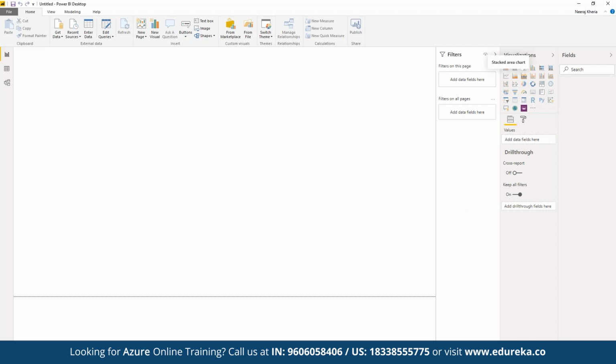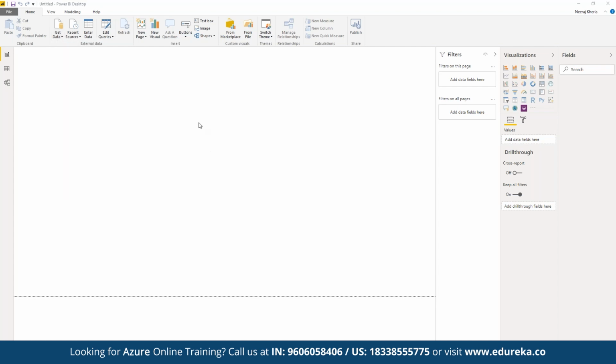And then on the right side, we have multiple visualization tools that we can choose based on the data that we have currently selected. So let's open up a sample data set that we can work on, so that we can have a quick insight into what kind of visualization we can create here. To get data here, we can click on get data, and here we can choose a source of data.